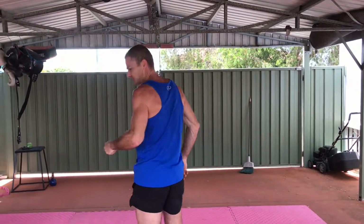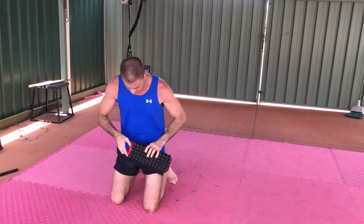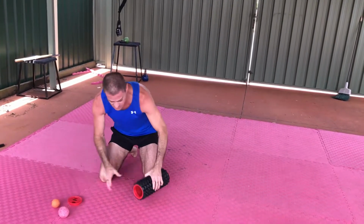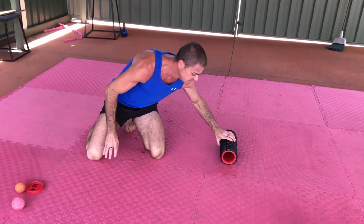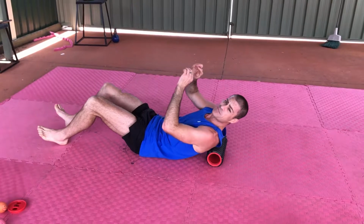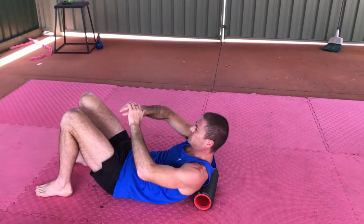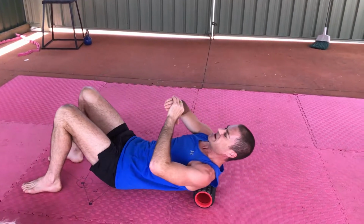So what we need to do is, first of all, we want to loosen up these areas around here. So the best thing to do is to start off and get yourself a foam roller. And I'm just going to get out my trusty little balls. Now, first of all, it doesn't actually matter what type of foam roller you've got, but the point is we want to lie on our foam roller on that point that is quite tight, and we want to initially just start to reach over, roll a little bit forward and back, just massaging that area,